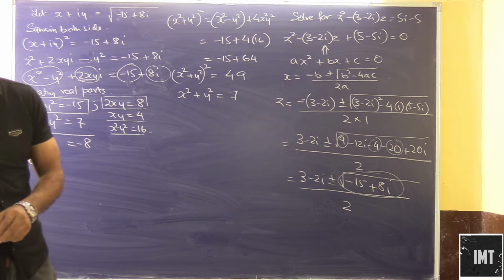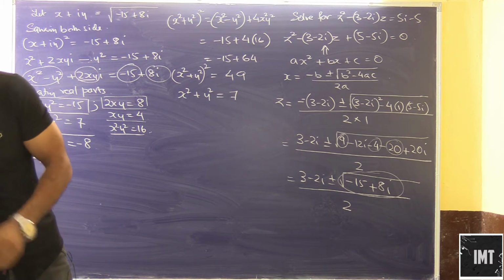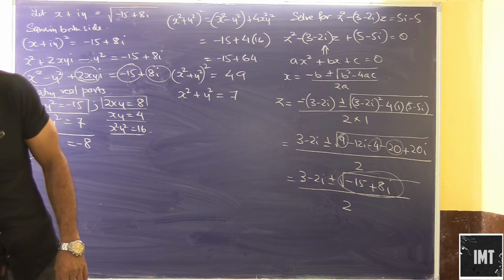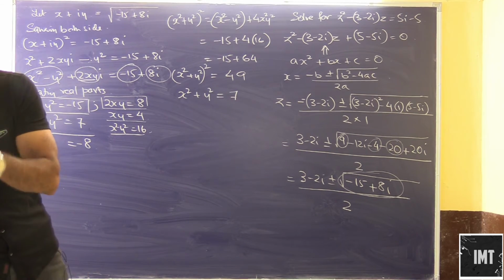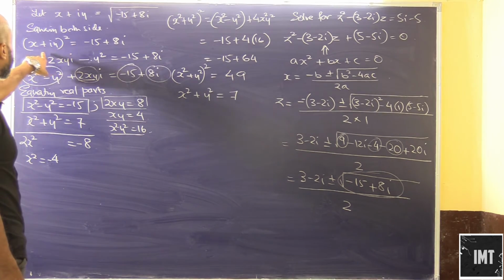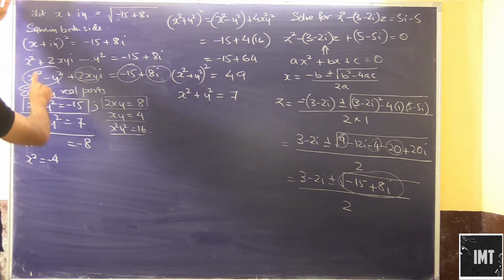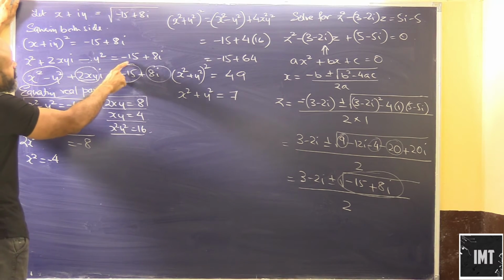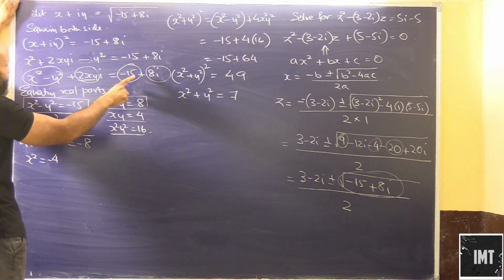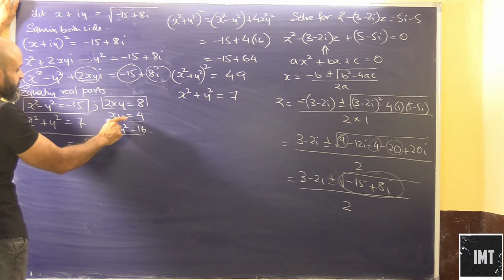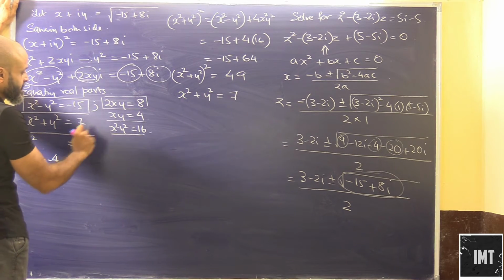x square plus minus y square, okay. It's 15, 8i; so this will be minus 15 plus 8i. x square plus 2xyi minus y square is equal to minus 15 plus 8i. So x square minus y square is equal to minus 15. 2xy is equal to 8, which means xy is equal to 4, which means x square y square is equal